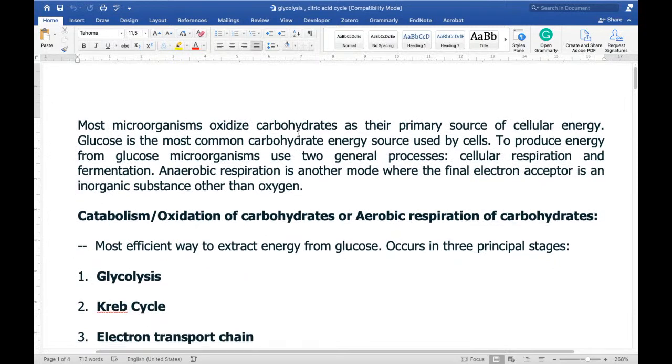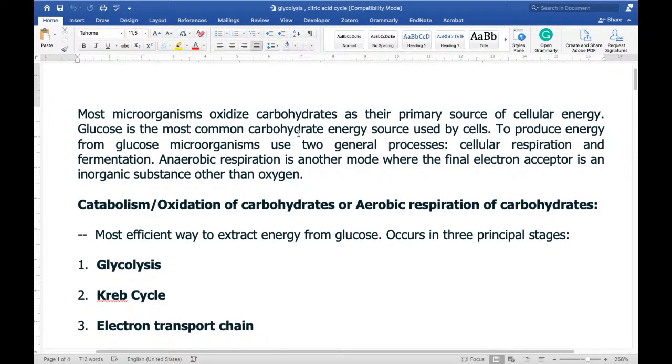So as we know, let's start with glycolysis first. We have discussed until now carbohydrates, fatty acids, lipids, proteins, amino acids, and water. So we have discussed quite a number of our basic molecules in biochemistry. Then we have also discussed the medical diseases that happen in the body, like jaundice, liver diseases, and hyperthyroidism due to the change in thyroid hormone levels.